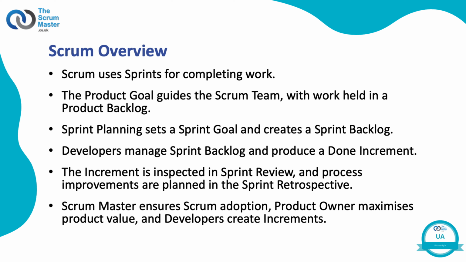Here is a short overview of Scrum and how all the pieces fit together. Work is completed in short cycles of less than 1 month, called sprints. The product goal represents the long-term objective for the Scrum team and details why it is valuable. The work to be done to reach the product goal is held in an ordered product backlog, which the product